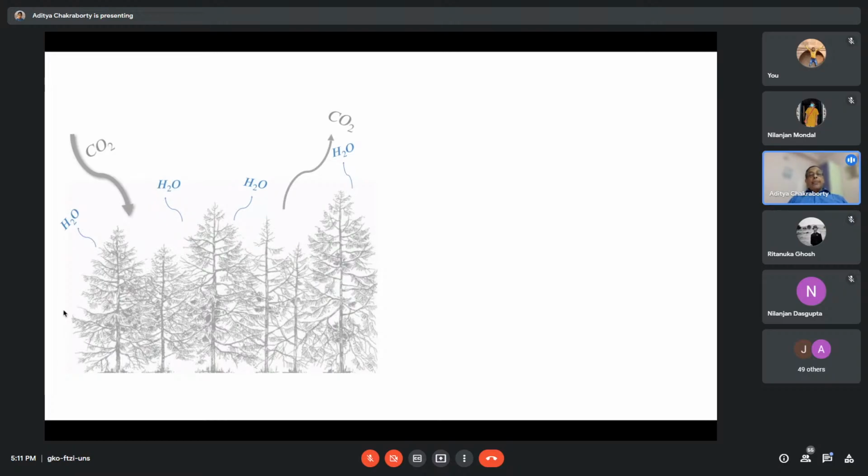But it may so happen that some forest ecosystem may absorb less carbon dioxide and relatively release more CO2. In that case, the ecosystem will act as a source of carbon dioxide. Whether it is a source or sink of carbon dioxide can be understood only if we make some measurements. Measurements in the sense that we have to quantify how much carbon dioxide is being absorbed and how much is being released. So the difference will tell you whether it is an active source or active sink of carbon.